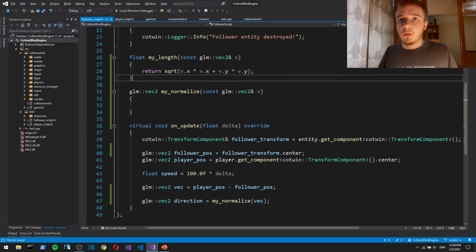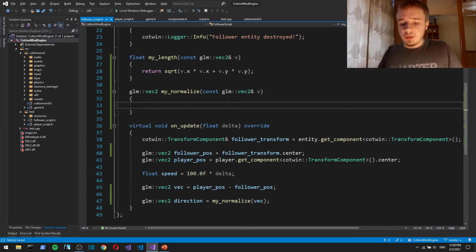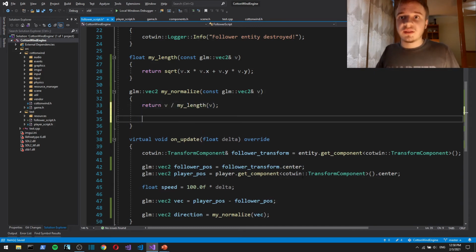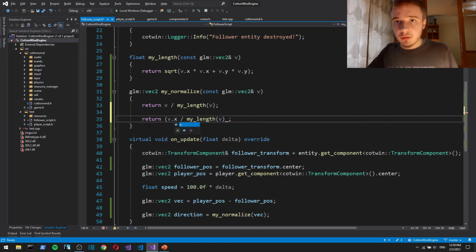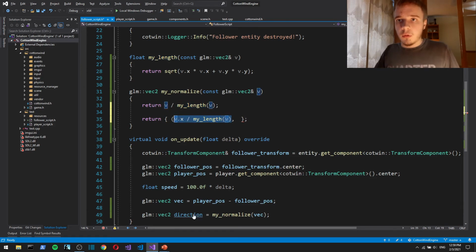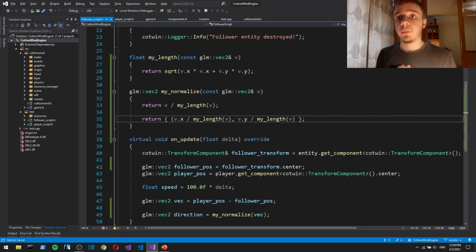Okay, now simply return v divided by the length, and this could be explicitly written out like so: x, y, like that.